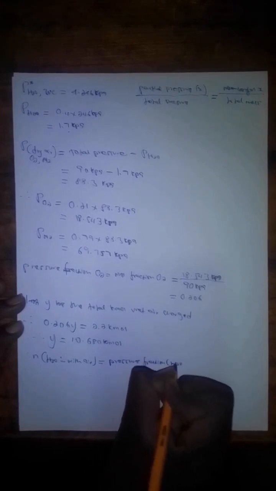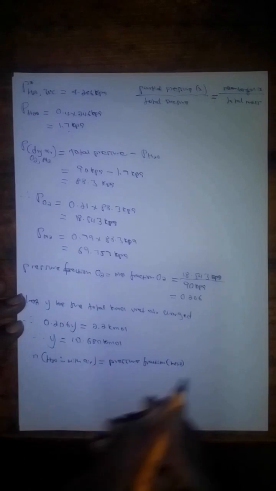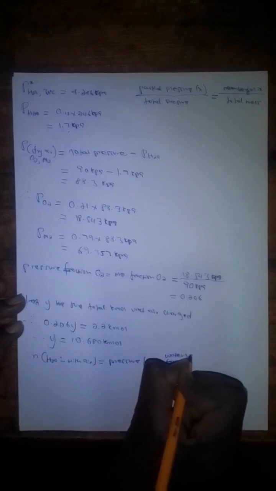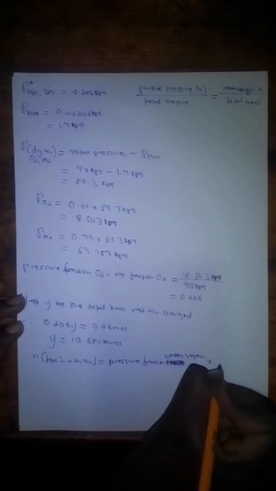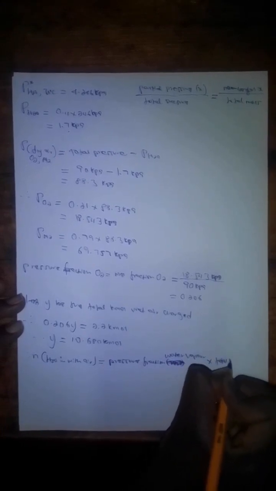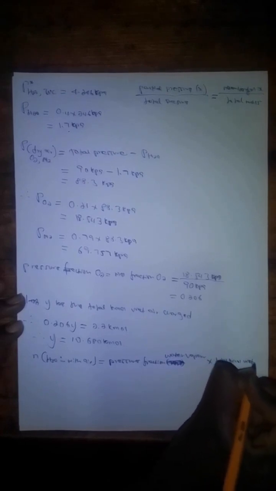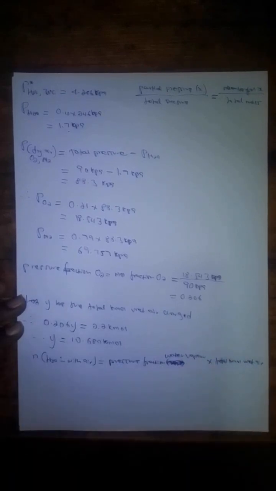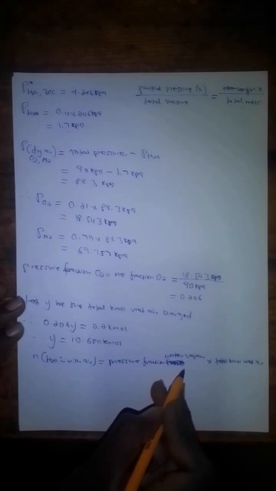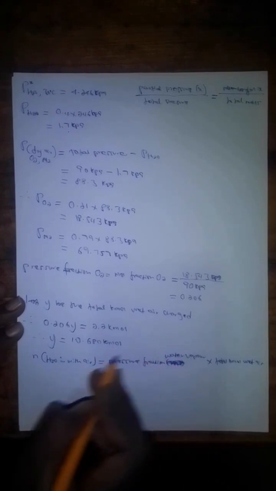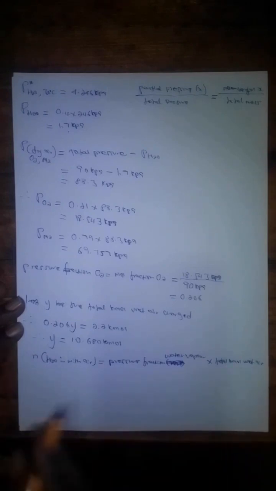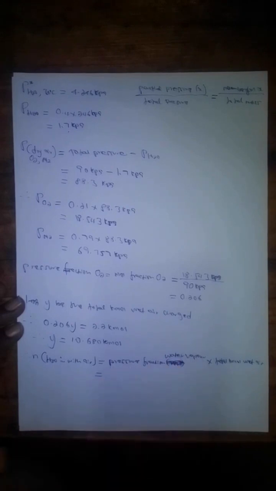I hope that is easy to follow. So the number of moles in the air is the pressure fraction of the water vapor, which is the same as the molar fraction multiplied by the total kilomole of wet air. Now, the pressure fraction is actually